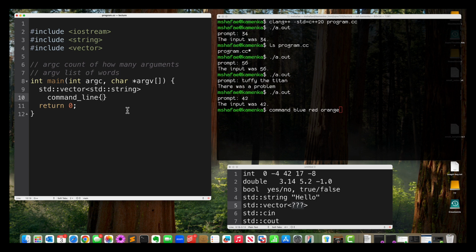Now, because it's a container, and the container contains many things coming from the operating system, or perhaps nothing coming from the operating system, we have 2 arguments that we give to this initializer. We say argv, comma, argv plus argc. Later I'll explain why we do that, but know for now that